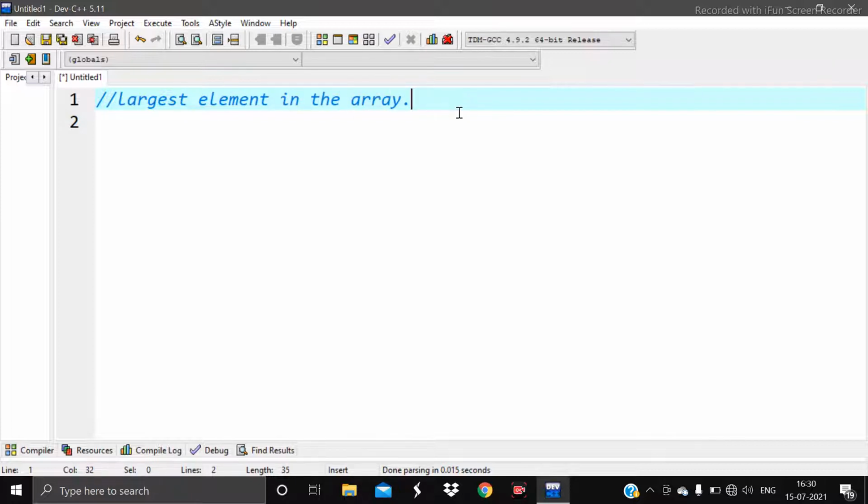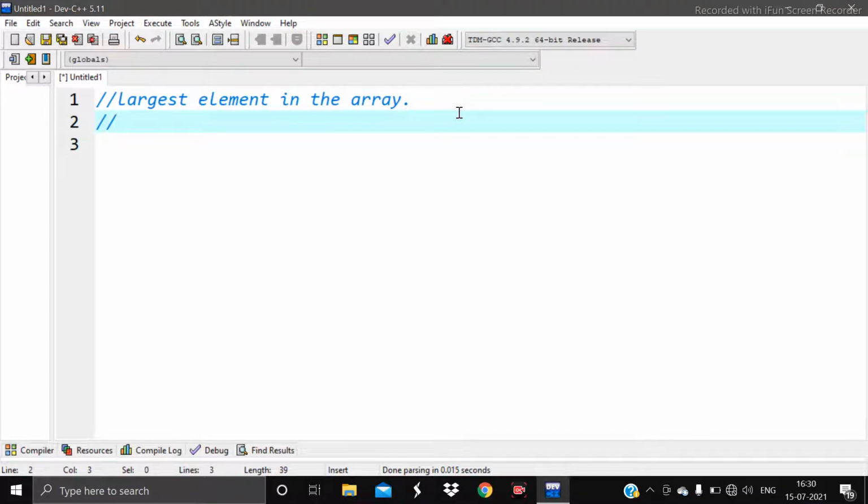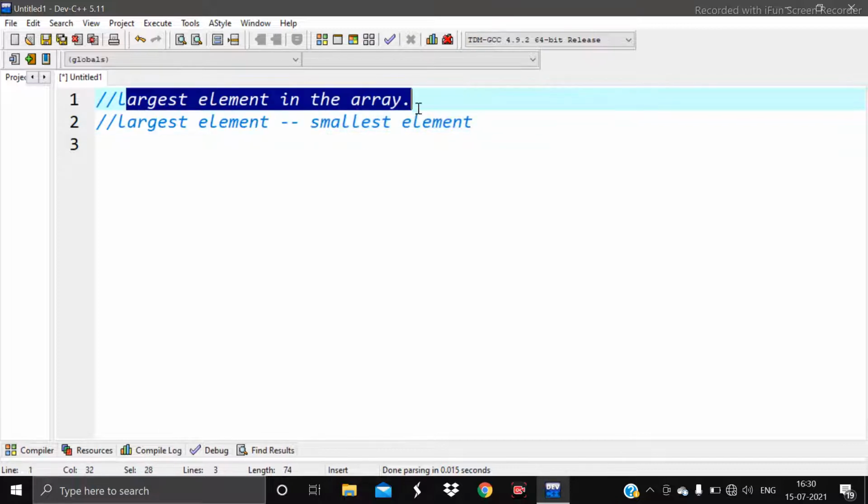And in the second question, you have to interchange the largest element and the smallest element. You have to interchange the values of these two elements. I will come to that point too in this video. So this is the main agenda of this video. I will discuss two questions: how you can find the largest element in the array, and how to swap the values of the largest element and the smallest element.